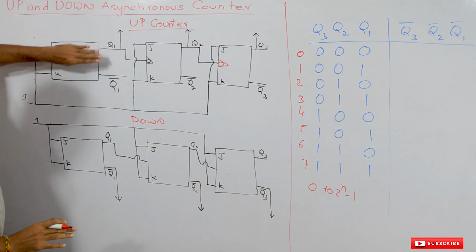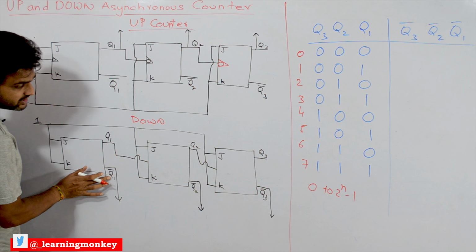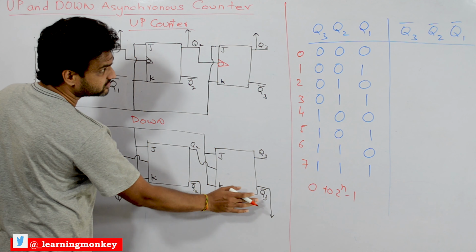So the outputs that we are going to take in the down counter, this is the only point that you need to understand. So for the down counter, if you are good at that video where we have discussed the introduction to counters, that knowledge is a must for you to understand. So please watch that video and come back here. So in the down counter we are going to take the values of Q1 bar, Q2 bar and Q3 bar. Okay, so with that we are going to get a down counter.